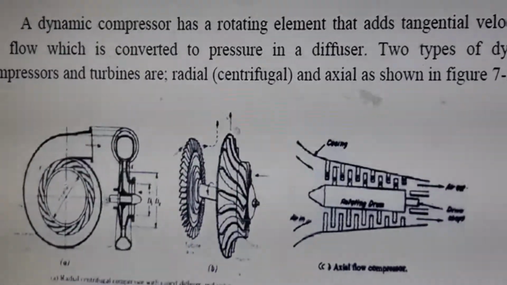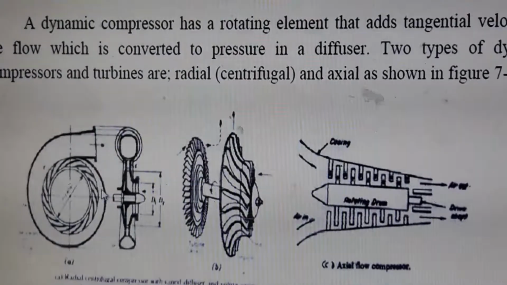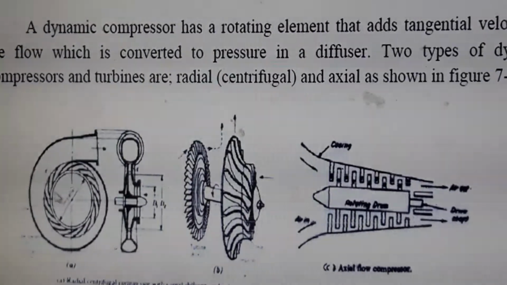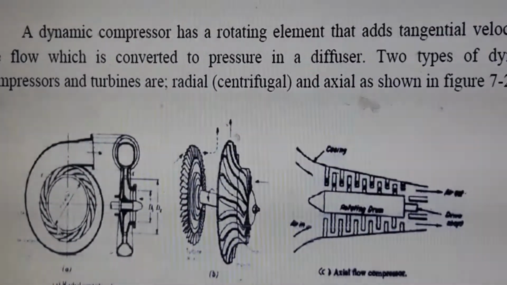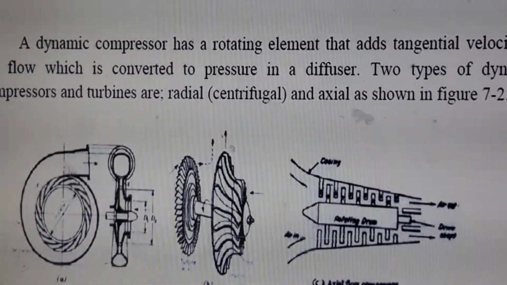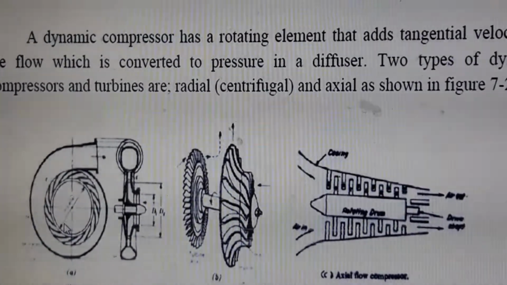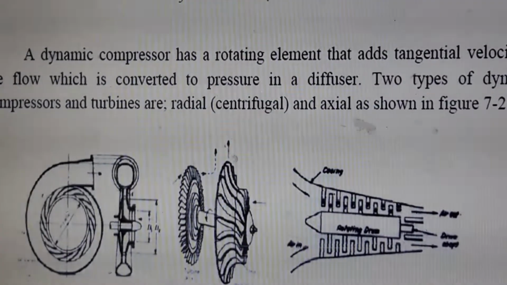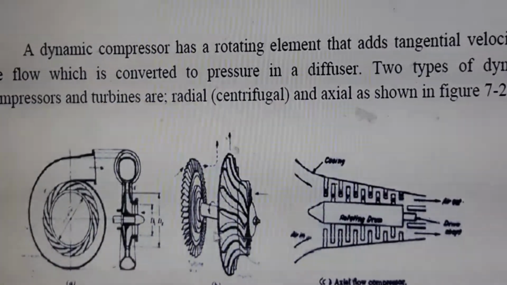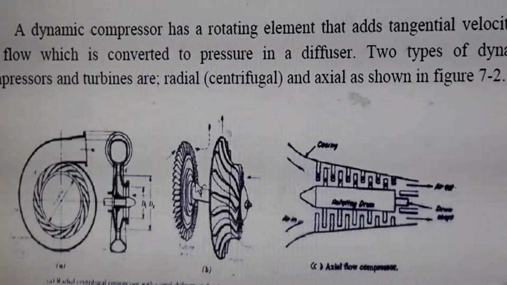This is the casing of the centrifugal compressor, and these are the vanes mounted on the rotor of the compressor. Air is taken through this inlet. That air is entrapped in between these vanes by the action of centrifugal force, and that compressed air is sent to the environment through this outlet. We use this centrifugal compressor in the turbocharger or supercharger of our engine also. We will see that arrangement in the next slide. This is the arrangement of the vanes for the turbocharger.